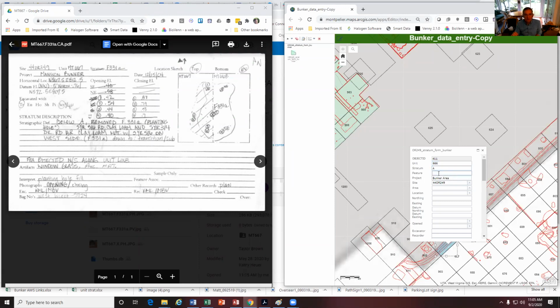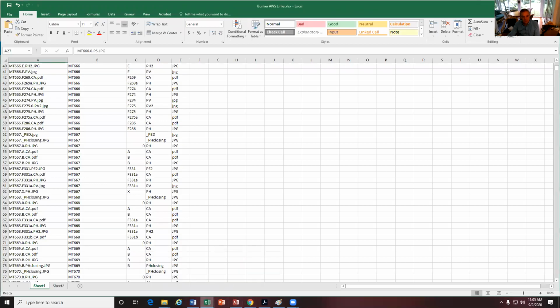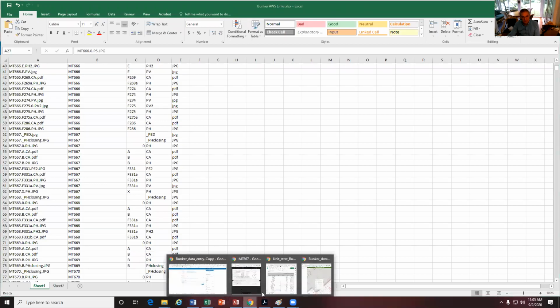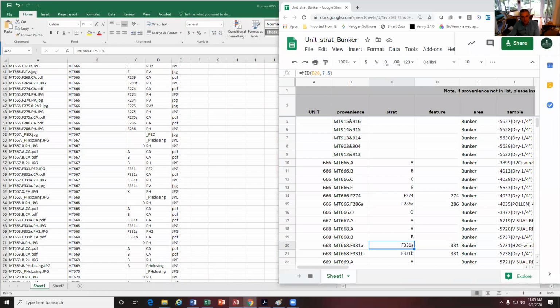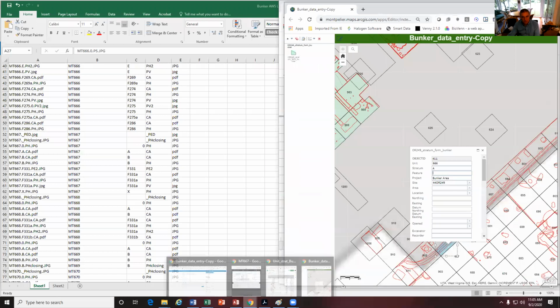And then the feature would be 331. Okay. So the stratum would be F331A and the feature would be F331. Yeah. So it basically is what appears in this Google form. Let me bring all this back. So in the Google form,